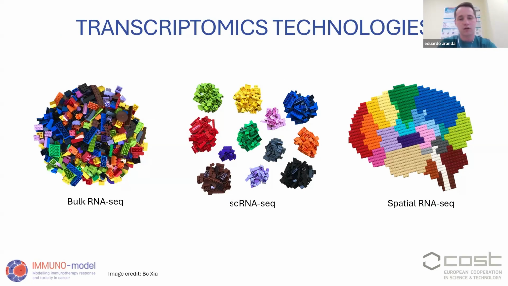And also, we don't have the spatial information. We lose this information, and we don't know where in the tissue the expression is coming from, which means that we miss the architecture and spatial patterns, and we can't see, for example, immune cell infiltration or detect intrasample heterogeneity, such